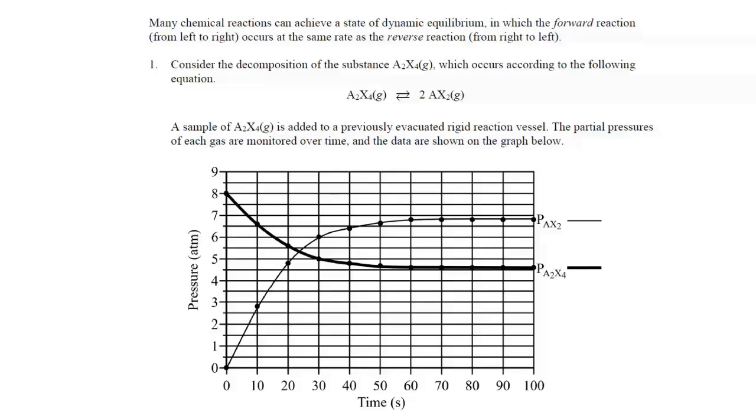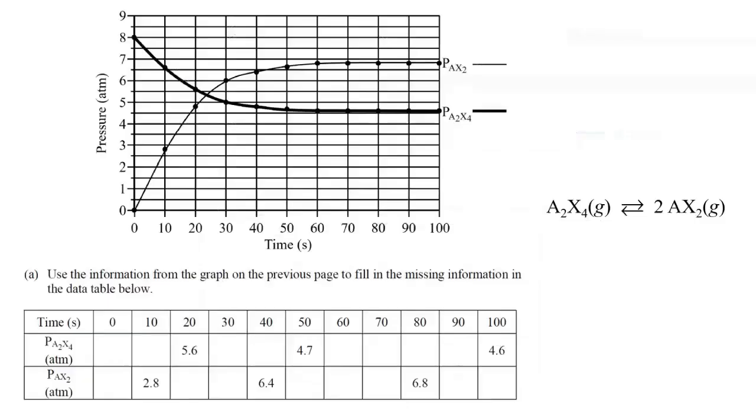Consider the decomposition of the substance A2X4, which occurs according to the following equation, in which 1 mole of A2X4 decomposes to produce 2 moles of AX2. A sample of A2X4 is added to a previously evacuated rigid reaction vessel. The partial pressures of each gas are monitored over time, and the data are shown in the graph below. Part A. Use the information from the graph on the previous page to fill in the missing information in the